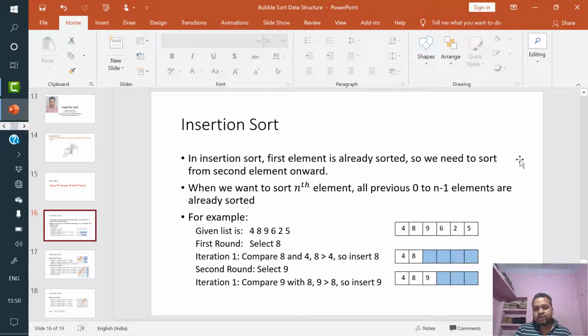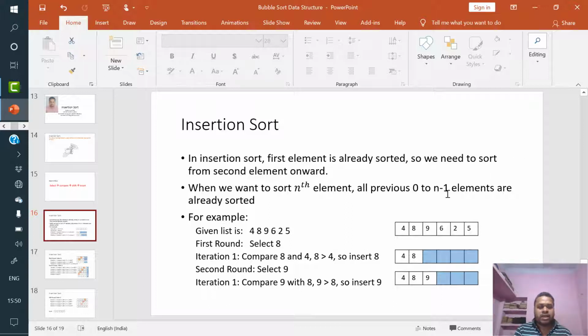These elements are placed in an array. In the first round, since 4 is already sorted, we choose from the second element. So in the first round we select element 8, and in iteration 1 we compare 8 with 4. Since 8 is greater than 4, we insert 8 at that position.